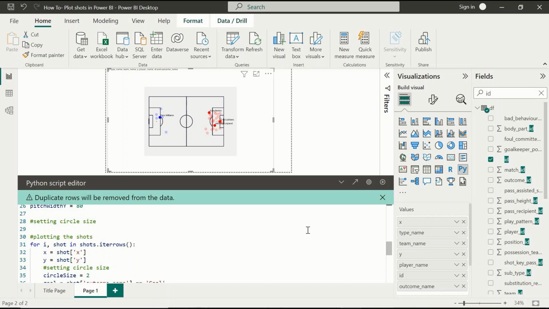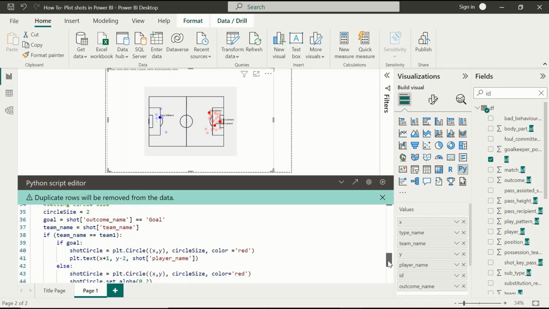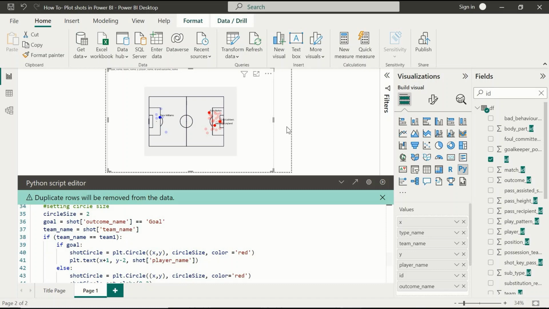So yes, and this is how it works basically. So this is how you get your code. So if you want to change it, if you want to make this difference, because